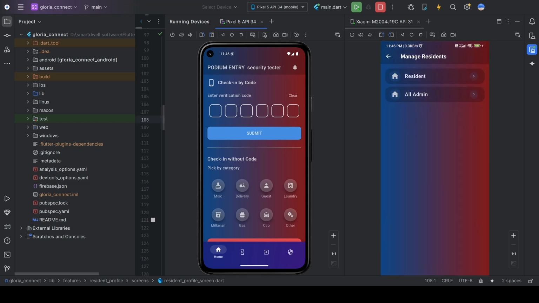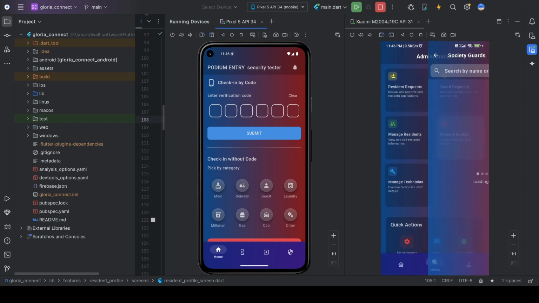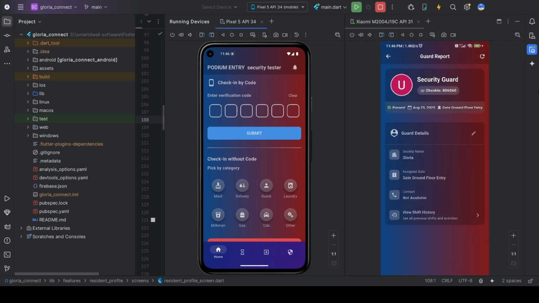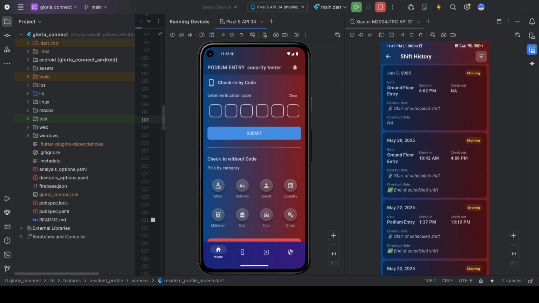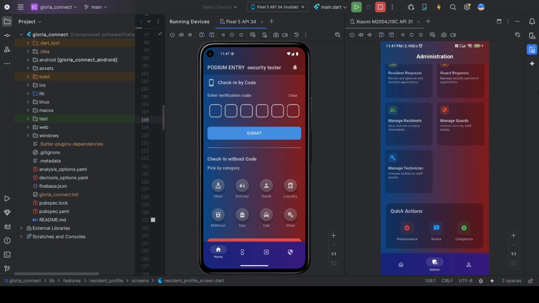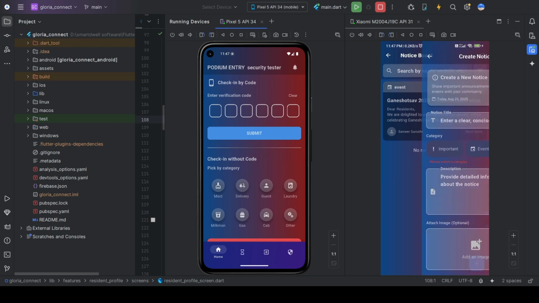And this is the manage resident section where the society admin can remove this resident or give admin permissions to this resident. And similarly for the guards. Here the super admin can remove this guard or also see the report of this guard. He can see the security guard shift history. This is the history of the security guard, and this is the manage technician page, and only the super admin can create the notice. So from here the super admin creates notices,